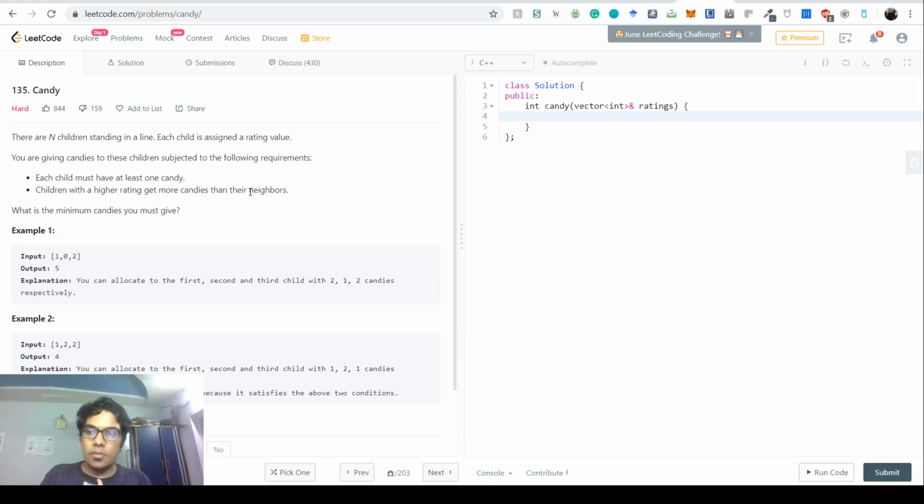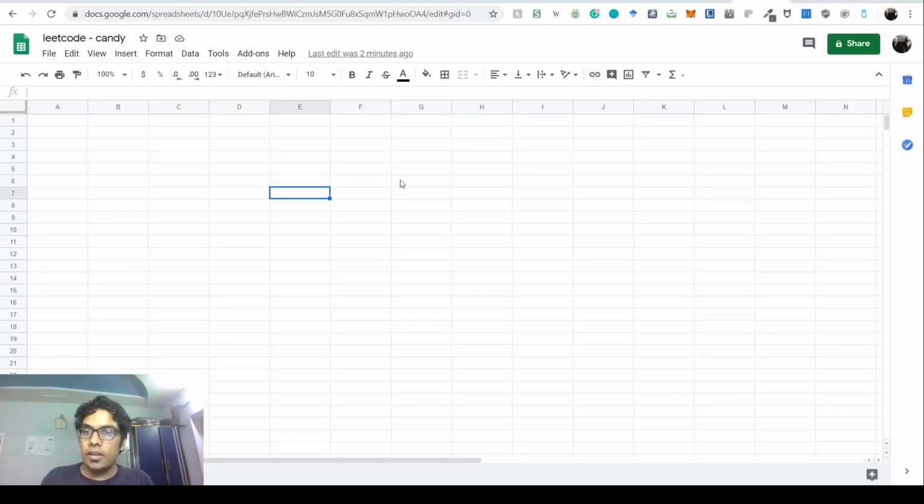So how are we supposed to solve this problem, and how are we supposed to look at it? Just to make a small demonstration, let's have a look. Suppose we have the student ratings as follows: 1, 2, and 3. So basically the allocation would be, this one gets one candy. Now the 2 has a rating more than the 1 on its left, so it will automatically have more candies than this one.